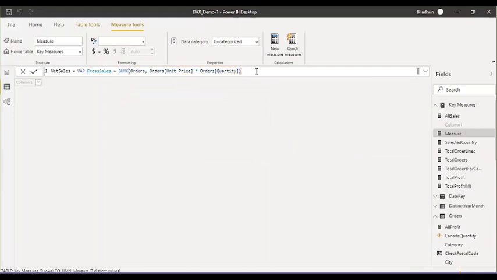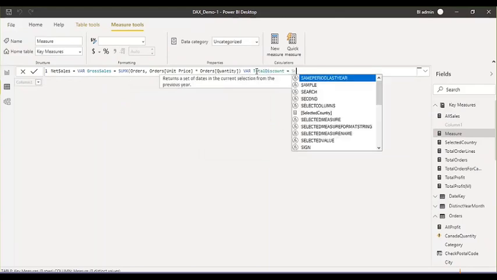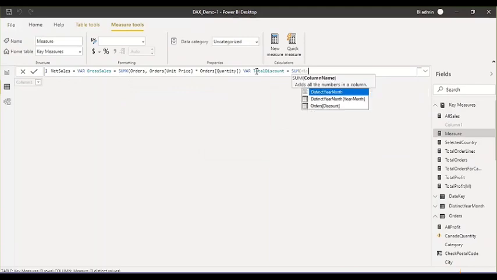Now you can create another variable. To create another variable, just define VAR again, and here define the other variable. I want to calculate the total discount. In total discount, I want to do the sum of the discount value. All right, so the total discount has now been stored in this variable.